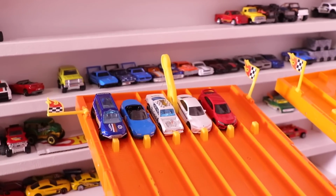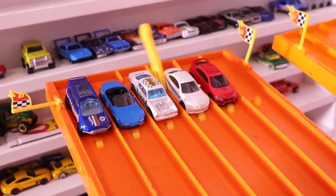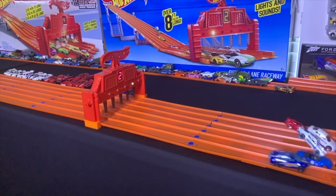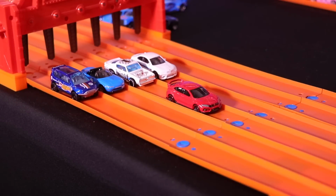All right, let's get it on. Here we go, on your mark, get set, go! What a final race! The 2018 Honda Civic Type R for Team Red takes the win, and Team Red is